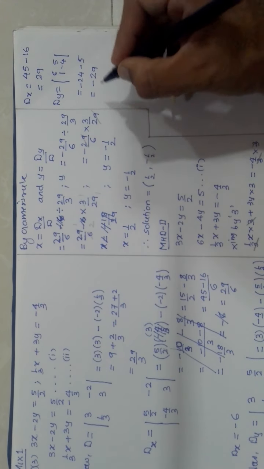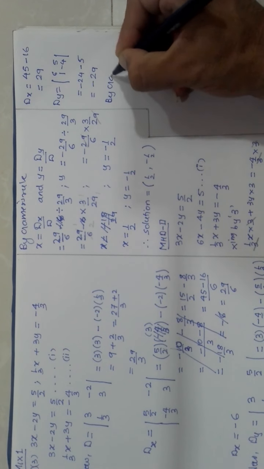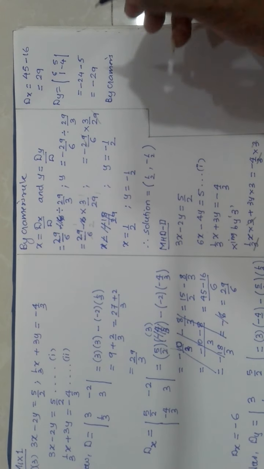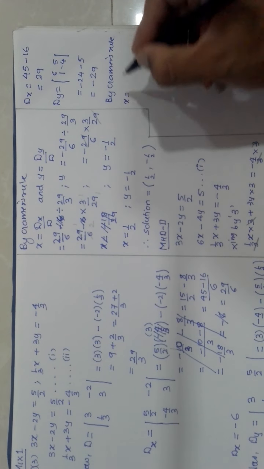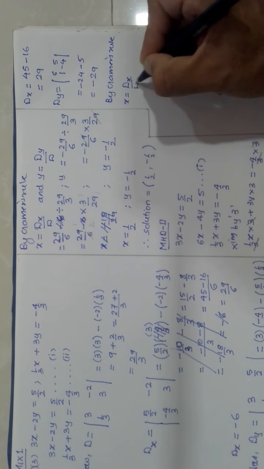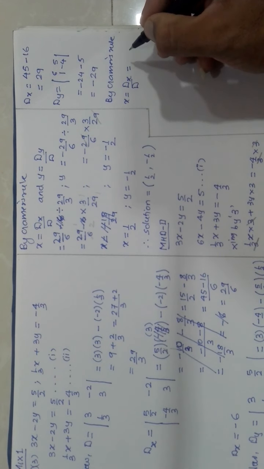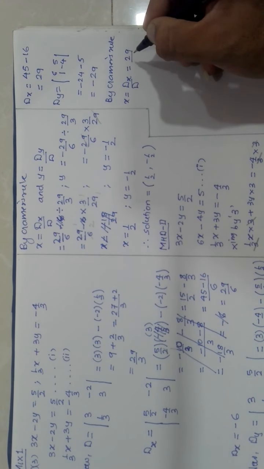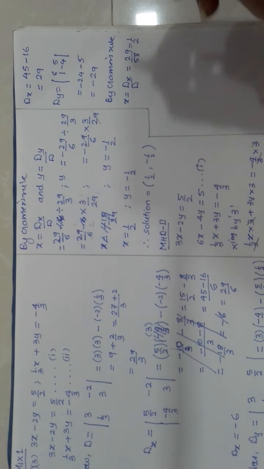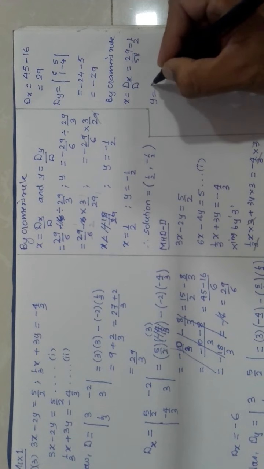So by Cramer's rule, now what does Cramer's rule say? He says that x can be found out using dx by D. That is nothing but dx is your 29 and D is your 58. That is 1 by 2, and y can be found out as D